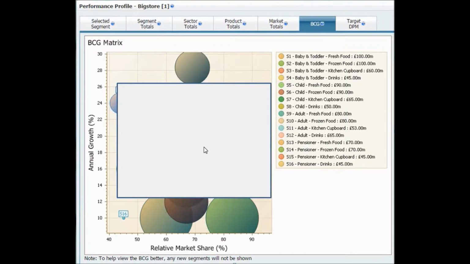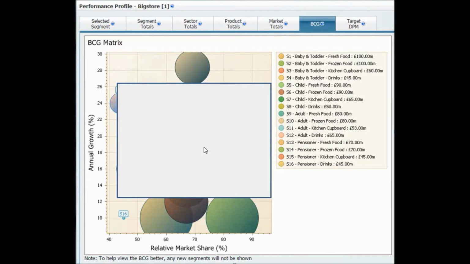So this is the BCG matrix for Big Store, and the BCG matrix is a key tool. It's one of these tools which is used in a cross-functional, cross-departmental way. So the accountants know about it, operations will know about it, product development have their own version of it. So it's really one of these fundamental basic tools of marketing strategy that you really need to get your head around, and the last thing you want is the finance department educating you on how